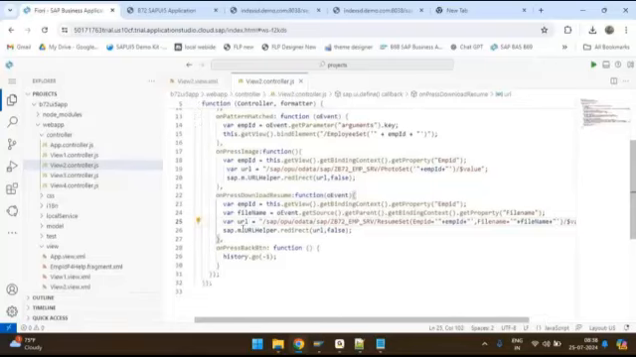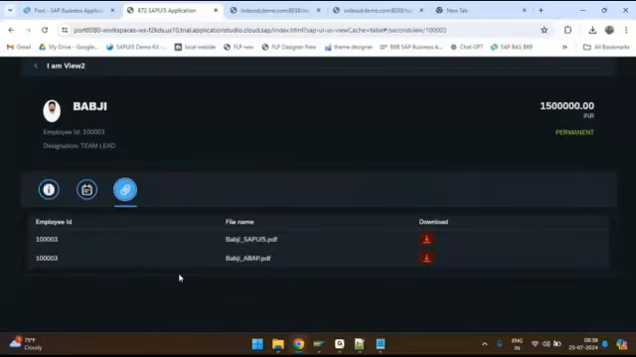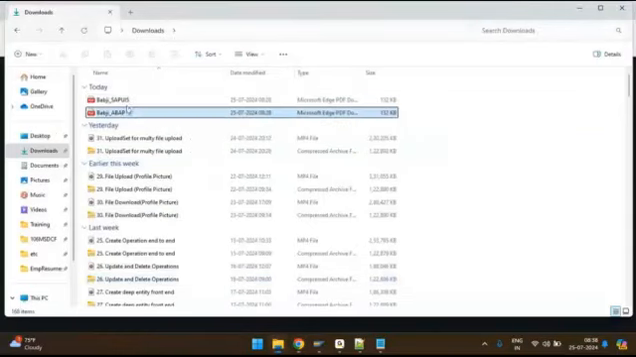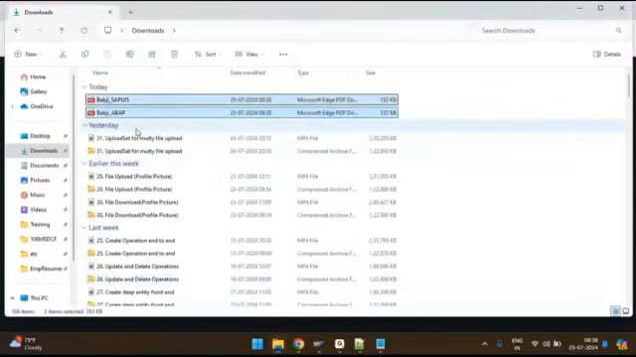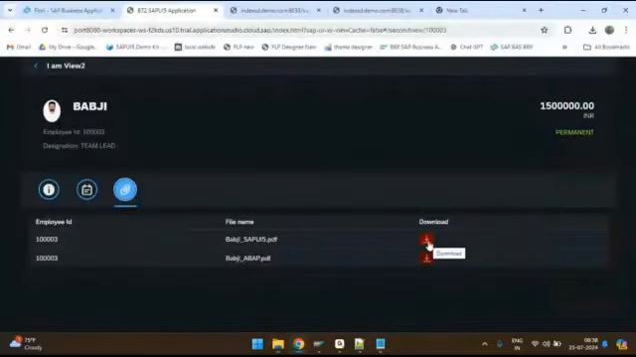So you trigger the URL and it will get downloaded. Now let us test. I'm clicking here, and then let me delete these two resumes which got downloaded using the direct URL, not from SAP UI5. Now let me click on Babji_SAP UI5 and you can see